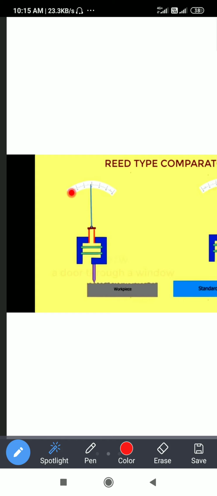Like this way only, there is a small plunger. This plunger movement is very small, but it allows this needle to move in a larger range. It allows this needle to move over a larger length. Like this way, a small spindle or plunger movement makes a